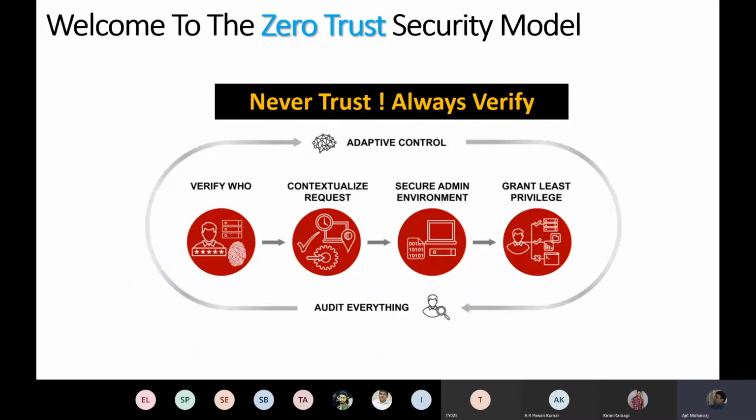And that's where the zero trust security model comes in. And the zero trust security model is very, very simple. It basically says we used to have the old saying that I'll trust, but I will verify later, right? In zero trust, it's the other way around. I will never trust until you verify that you are who you are. So, for example, I do not trust the user, right? Till you tell me who you are very solidly. I'm not going to trust your device till you tell me who you are, right?